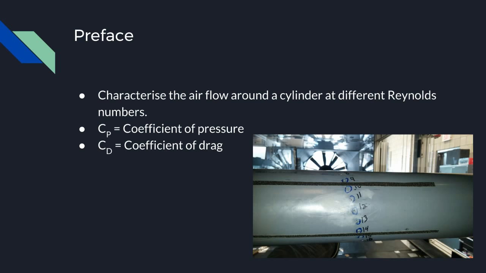going to begin by explaining the setup of the experiment, how we collected the data for this experiment, the data analysis, and error analysis. The goal of this experiment was to collect information on the coefficient of pressure, the coefficient of drag, Strouhal number, Reynolds number, and how all these relate to the examination of the vortex shedding that occurs